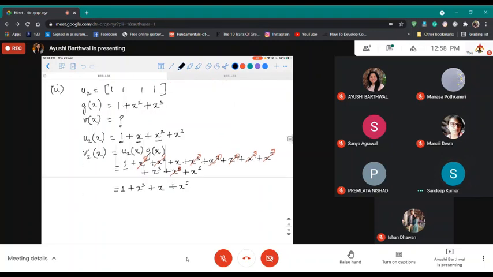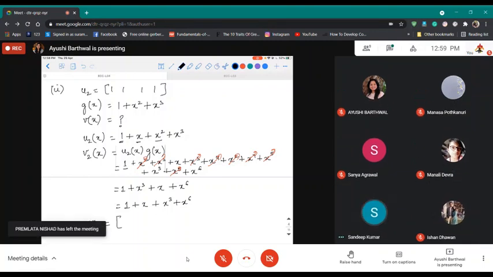So let's rearrange them in increasing order. So it would be 1 plus x plus x cube plus x6. Okay? Then how are we going to write the polynomial v2? How are we going to write code vectors? Coefficient of x to the power 0, x, and so on. If we write it this way, tell me the final code vector: 1 1 0 0 1 0 0 1.